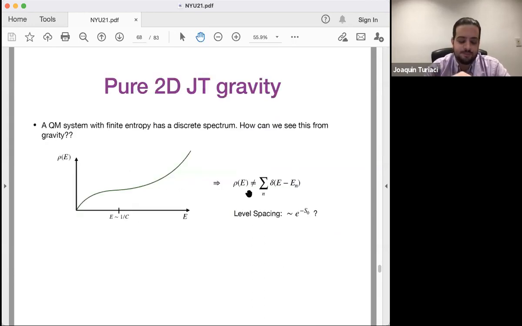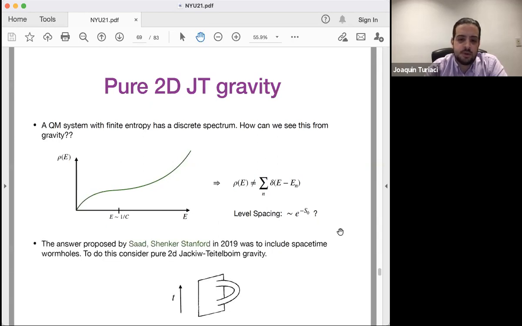Okay, so in this part, we will try to answer the question that Massimo was asking. So we expect the black hole to be dual to a quantum system with finite entropy. And systems with finite entropy have to have a discrete spectrum. So how can we see this from gravity? That's the question. So this curve that I showed you before is not a sum of delta functions. And we expect this to be an approximation with some level spacing that is exponentially small in S0. And an answer was proposed by Saad, Shenker and Stanford in